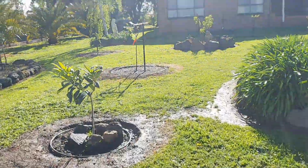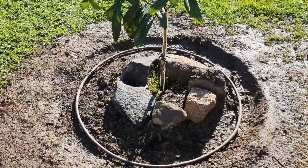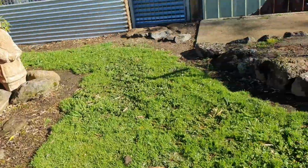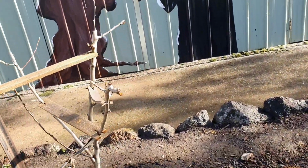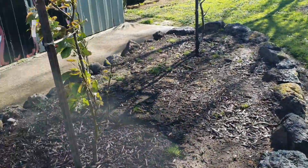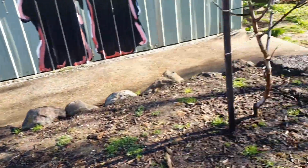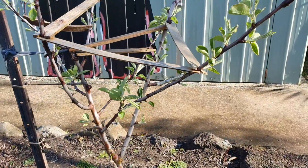Okay, coming across this way, another locust tree with that irrigator. I did that yesterday. I'm still trying to finish off this little bit here. This pear tree again is a little bit slower in terms of development compared to these two. This is a nashi fruit, doing well, and this is another pear tree with a few of the grafts